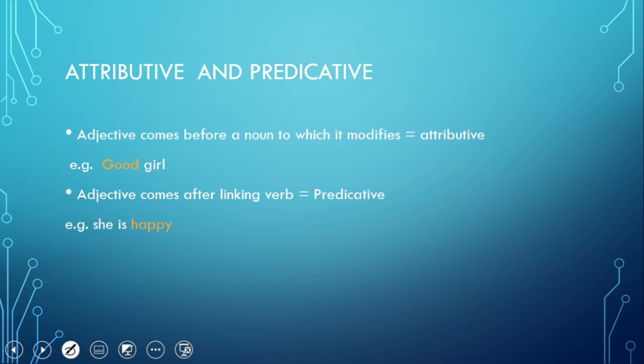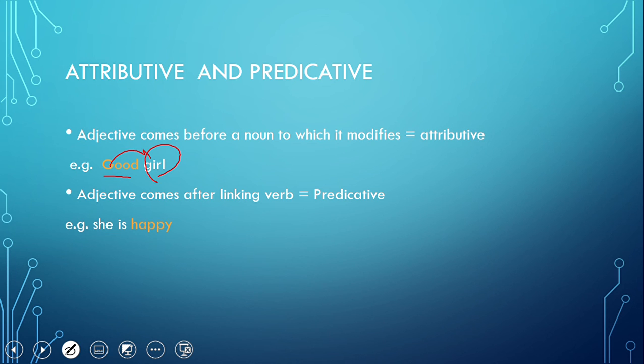these two types are really important, that are attributive and predicative adjectives. Do remember that attributive adjectives are those adjectives which modify a noun that follows it, that comes after it. Do remember that attributive adjective is an adjective which comes before a noun. For example, if I say good girl, now this good is an adjective and that has come before the girl and modifying this girl. And predicative adjectives are the adjectives that come at predicate position,